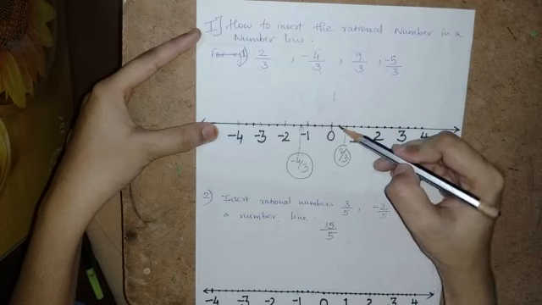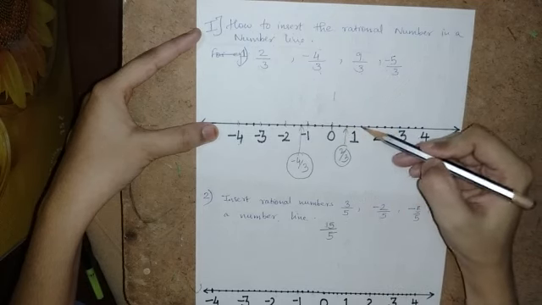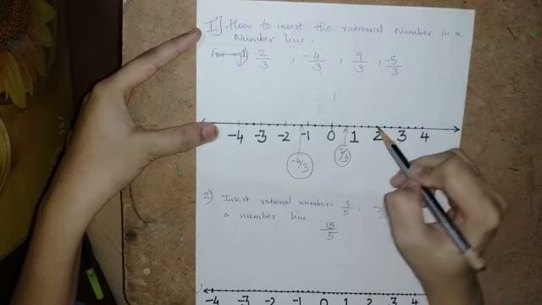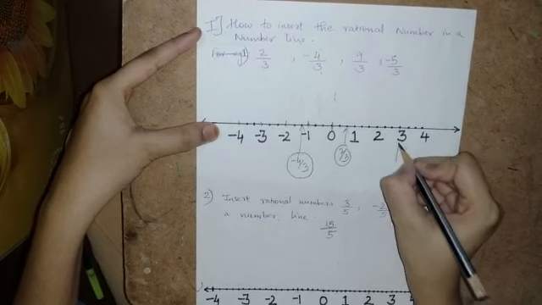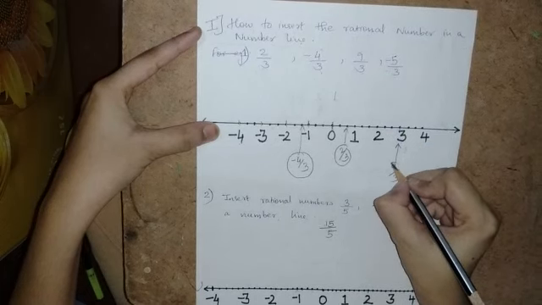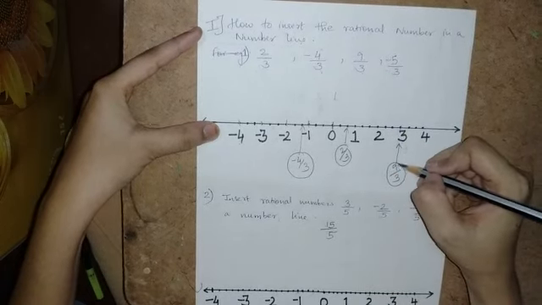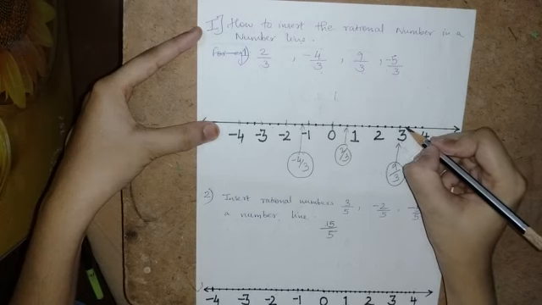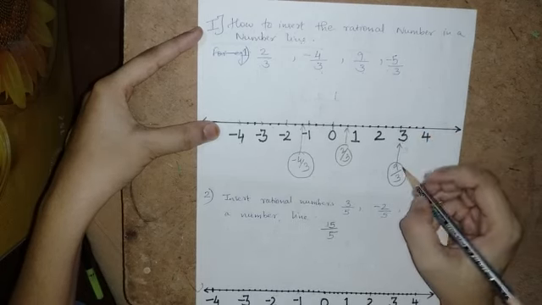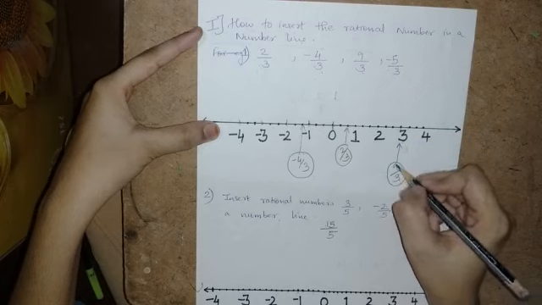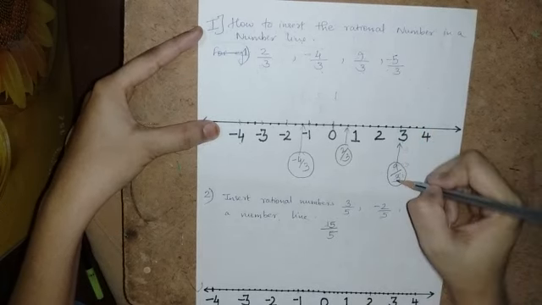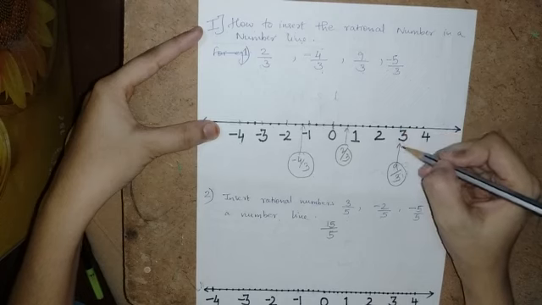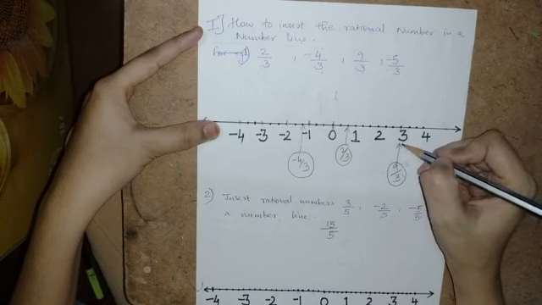So on the positive side we have to count where the 9 by 3 will get inserted. So 1 by 3, 2 by 3, 3 by 3, 4 by 3, 5 by 3, 6 by 3, 7 by 3, 8 by 3. This is 9 by 3. So as you can see, at 9 by 3 the integer 3 is inserted already. Why? Because if we cancel this, it can be cancelled further. 3 ones are 3, 3 threes are 9. So what does it come to? 3. That's why 9 by 3 goes at the position of positive number 3.